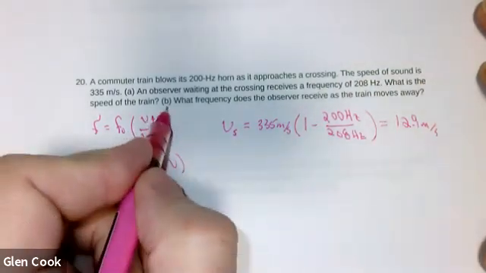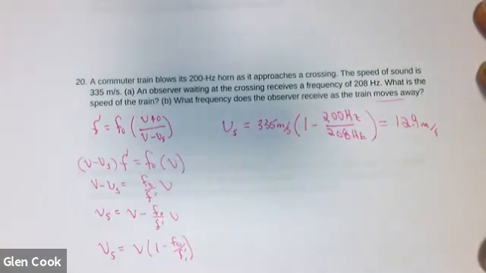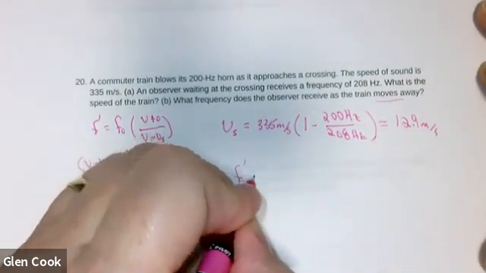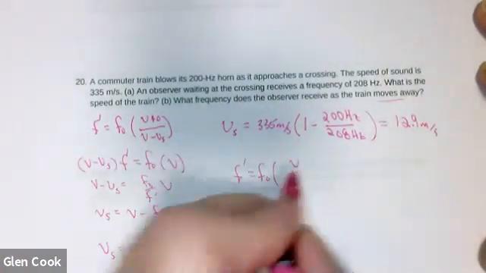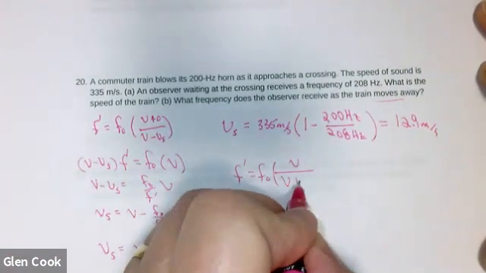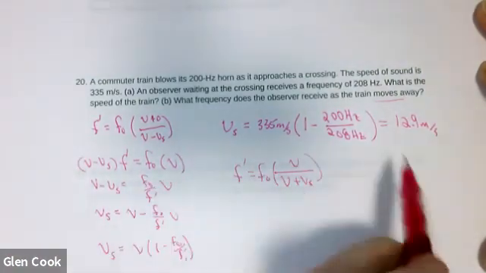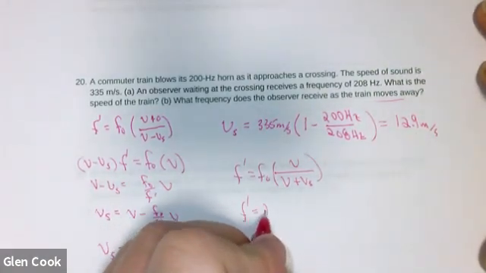And then it says in part B, what is the frequency as the train moves away? So now we're going to take the equation F prime equals F0 times V. The observer is still stationary, and the train, the source, is now moving away. So I'm going to add V source. At the bottom, I have V source here. I just found it. So the frequency that they will hear will be the 200 hertz